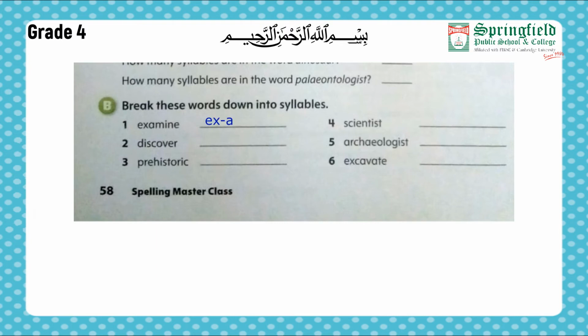So it's going to be X-A-min. It is going to be divided into 3 syllables: X, A, and min. Alright. Well, you might be wondering, there are 2 vowels in the last syllable of this word, I and E.